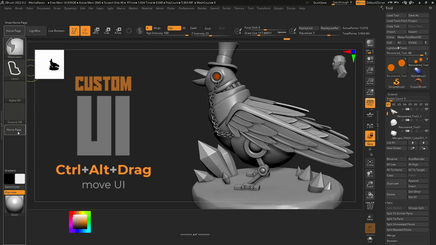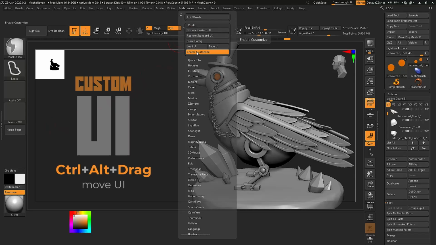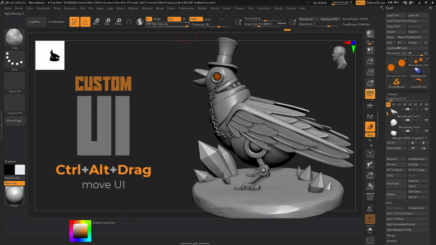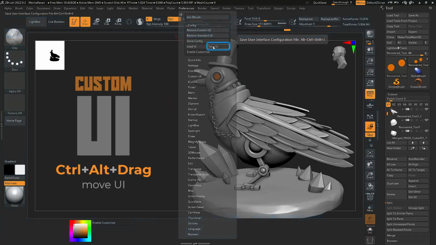ZBrush offers a great deal of customization. Even grab the Enable Customization button and place it. When done editing, deactivate the Enable Customization button and navigate to the Config submenu, where your options to load or